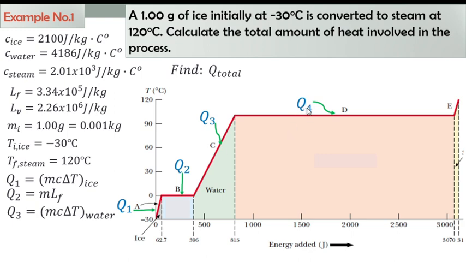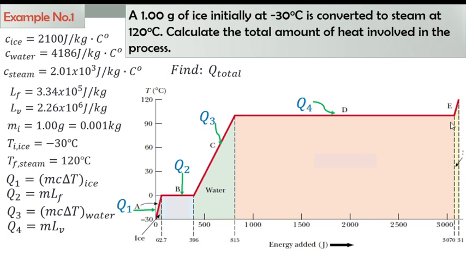Q sub 4 is the amount of heat needed for the phase change of water to steam, and that's calculated using mass times latent heat of vaporization, or L sub V, because this is a vaporization process wherein the water is converted to